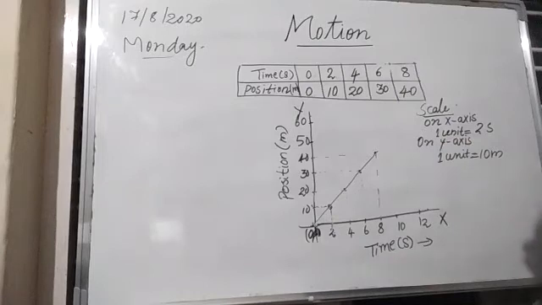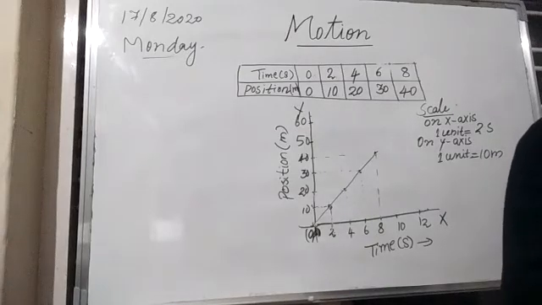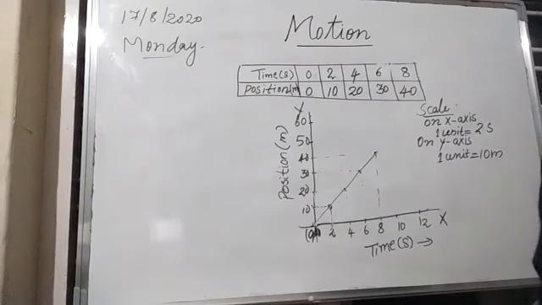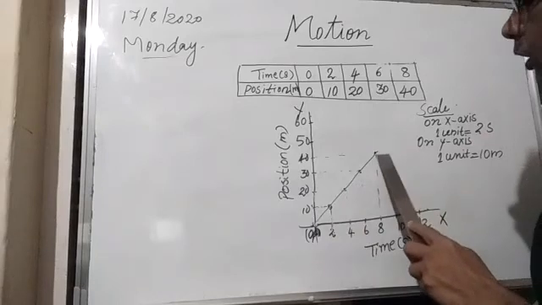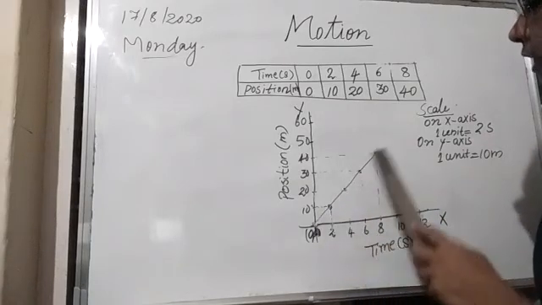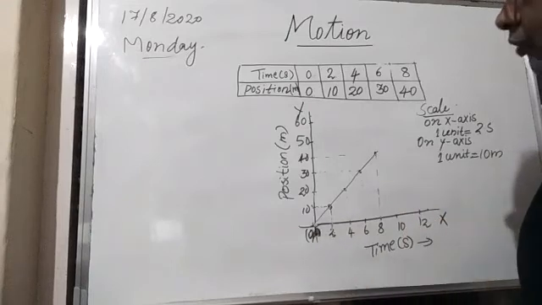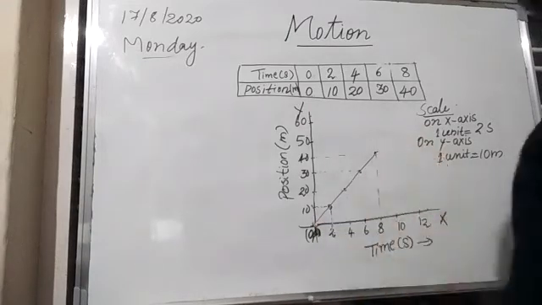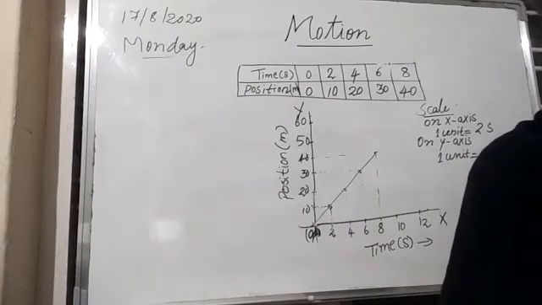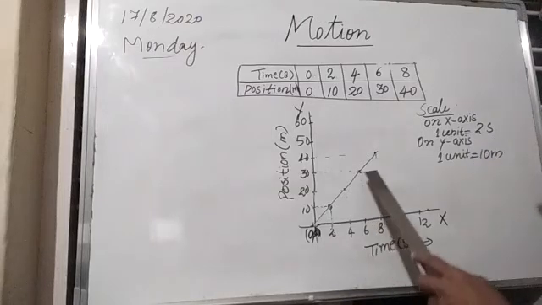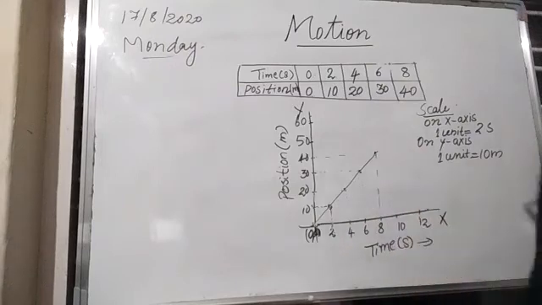Okay, so you can see here it is a straight line graph. We got a straight line position-time graph. A straight line graph means it is uniform motion. The object is in uniform motion, moving uniformly. All the points we plotted are on a straight line. When the points are joined, we got a straight line. This straight line in a position-time graph means that the motion is uniform motion. Okay, so this is about how to plot the points on a graph.